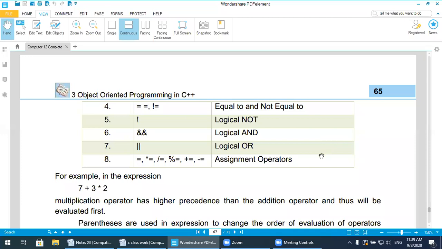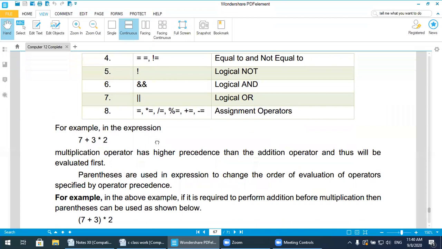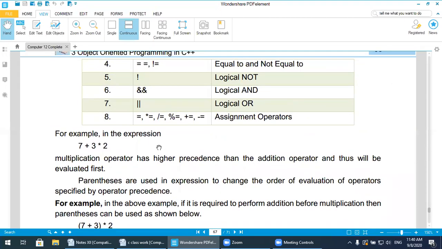Most of the time in class, I ask the students a simple question: what should be the result of 7 plus 3 multiplied by 2? Most of the students at your level, not all, some students give the proper answer, but most of the students get it wrong. Why? Because in this expression, 7 plus 3 multiplied by 2, if I solve it, its result is